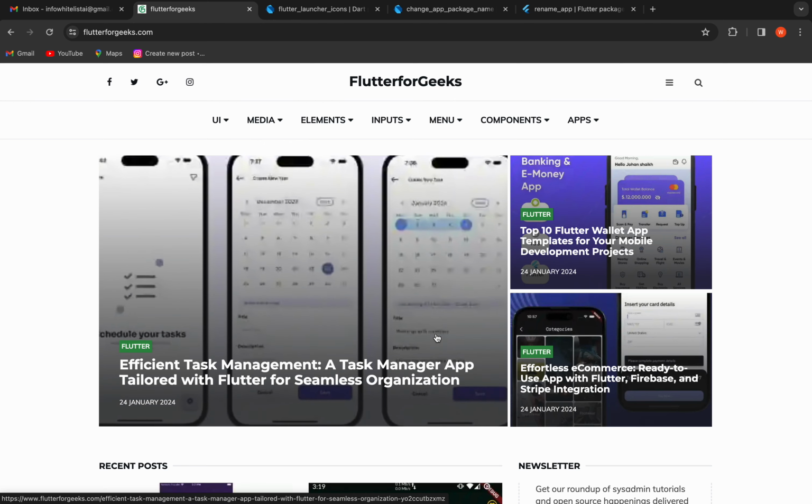Good morning, all. Today we are going to see how to change the launch icon of a Flutter application, and also how to change the package name of a Flutter application, and how to change the app name of a Flutter application. First, we are going to see how to change the Flutter launch icon, so that we are using